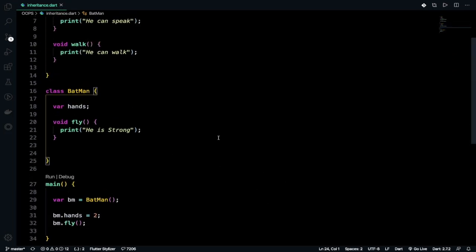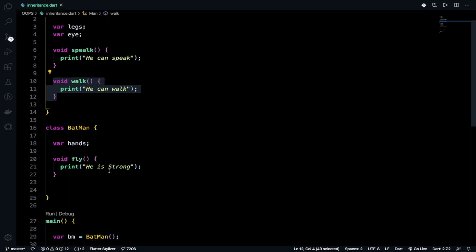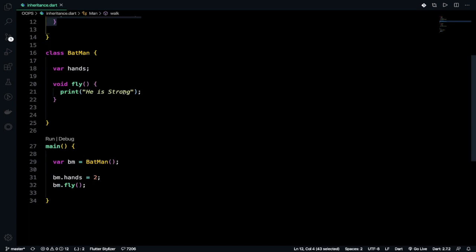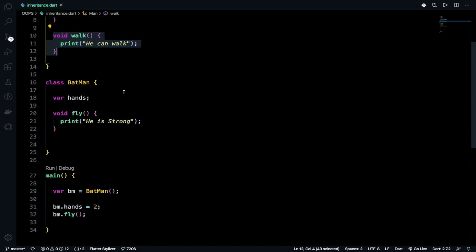So now I want to use this class also, because Batman can walk, right? So I want to use this function. How can we use this function without creating an object? Because I don't want to create an object of man, I don't need it for now.